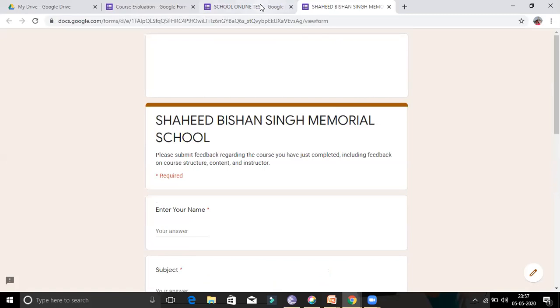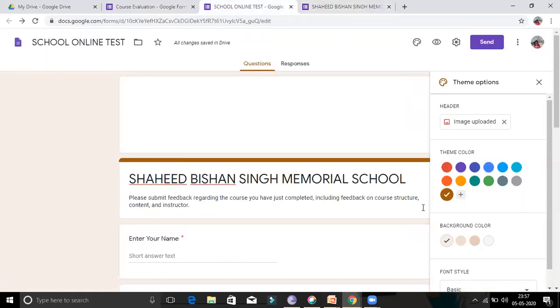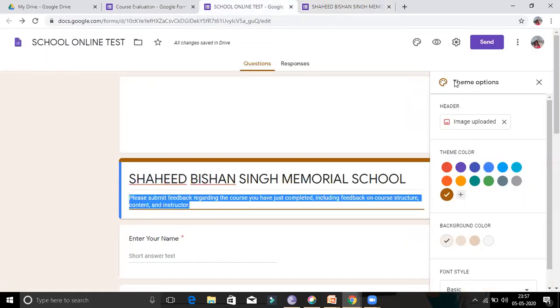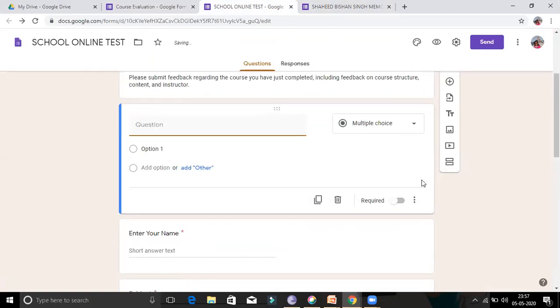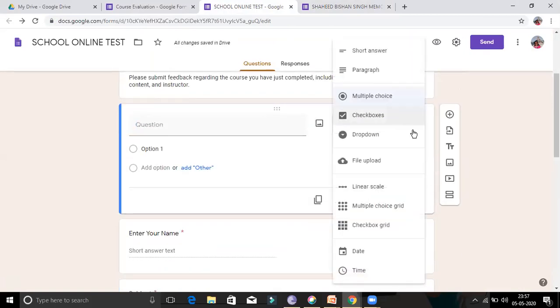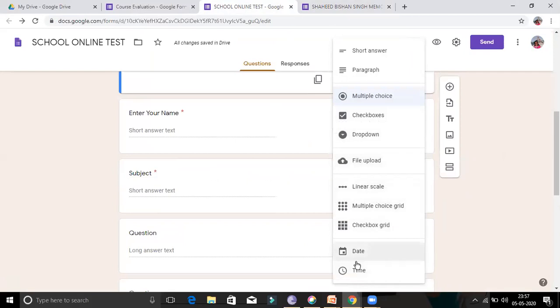Also you can set time. You can set time here. Just click over there, date and time are also there. You can paste the date there, and time also.